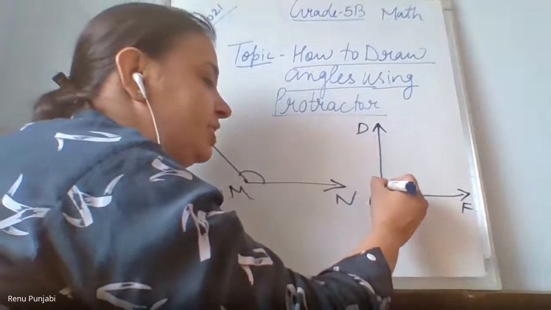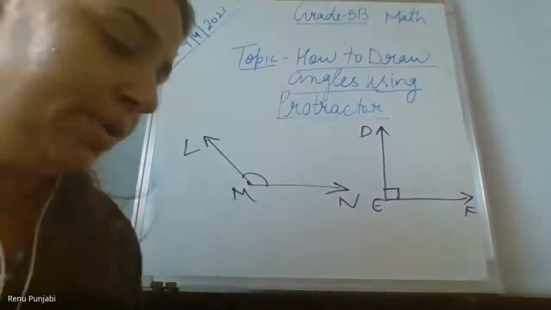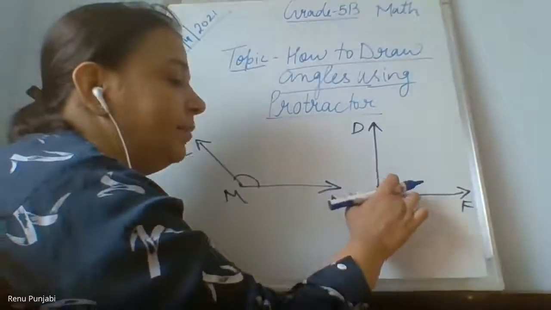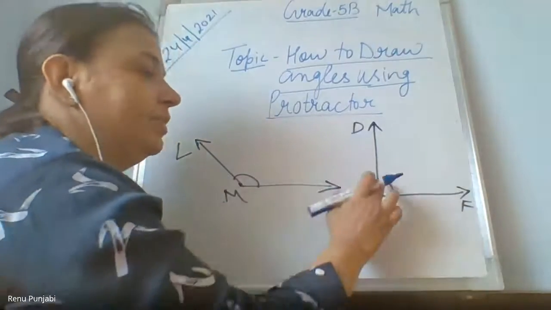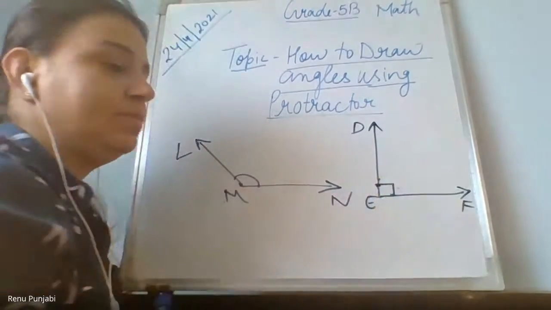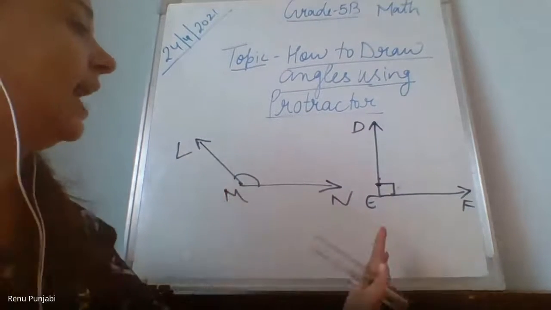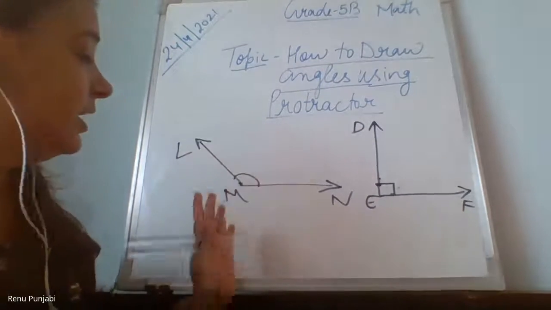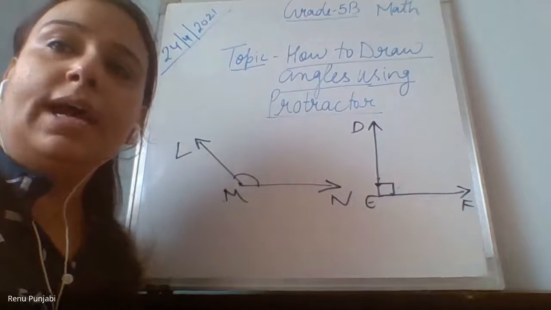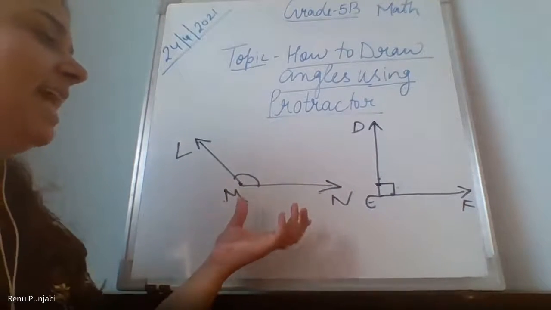And always remember, in a 90 degree angle, we do not make the angle in a circle way. When we join these two rays, it will come in a square way, this way. Always remember, when you make a 90 degree angle, you will not make it like this shape, because when you match these two rays together, this sign will come for 90 degree. So by looking at this angle, I am very clear that it should be greater than what. Now, Lakshya will tell me. Lakshya, by looking at this angle,